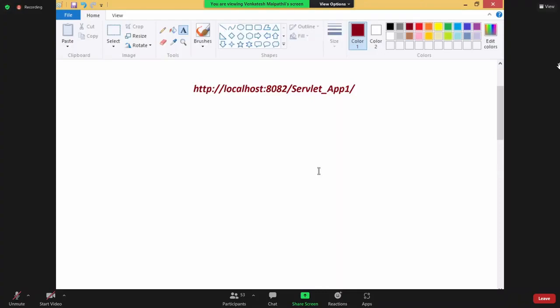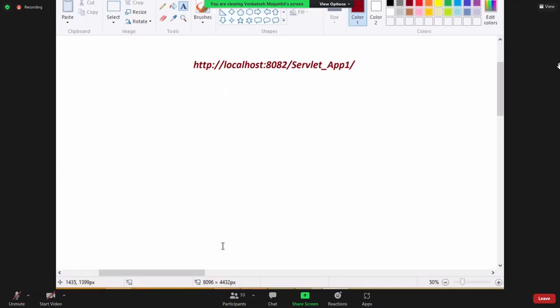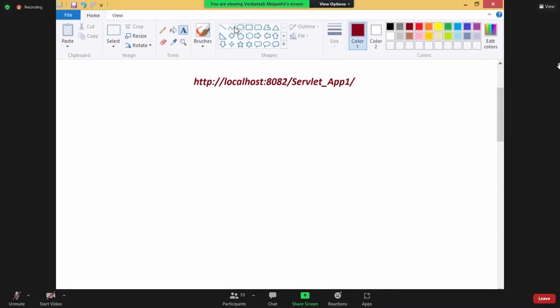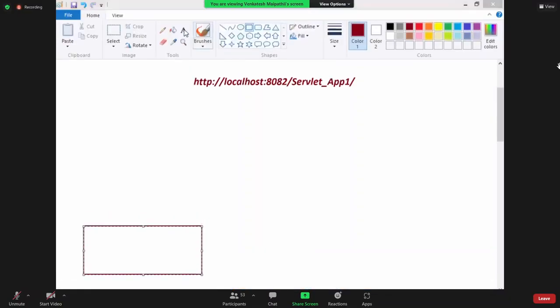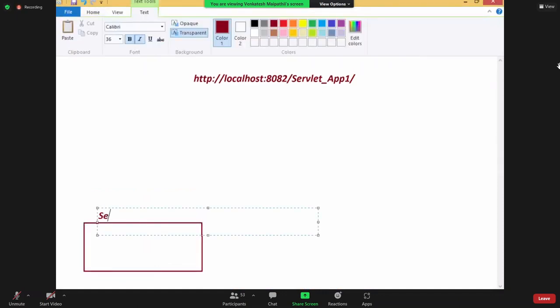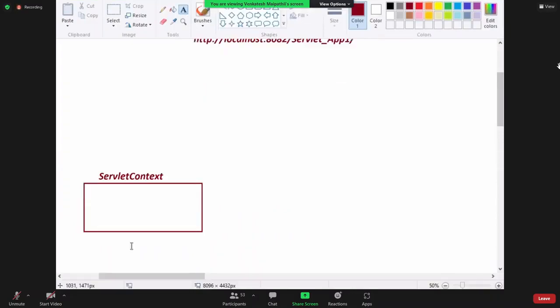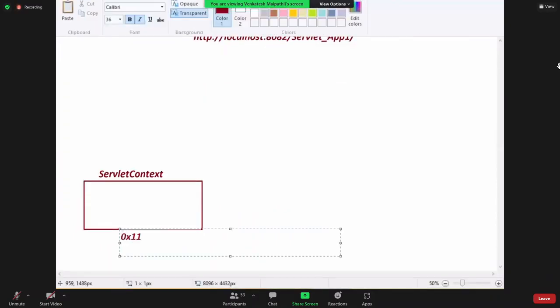After Tomcat is successfully on, our application is loaded. When the application is loaded into the Tomcat server, automatically one object is created. The object name is ServletContext. One object is created, ServletContext. This object is generated automatically